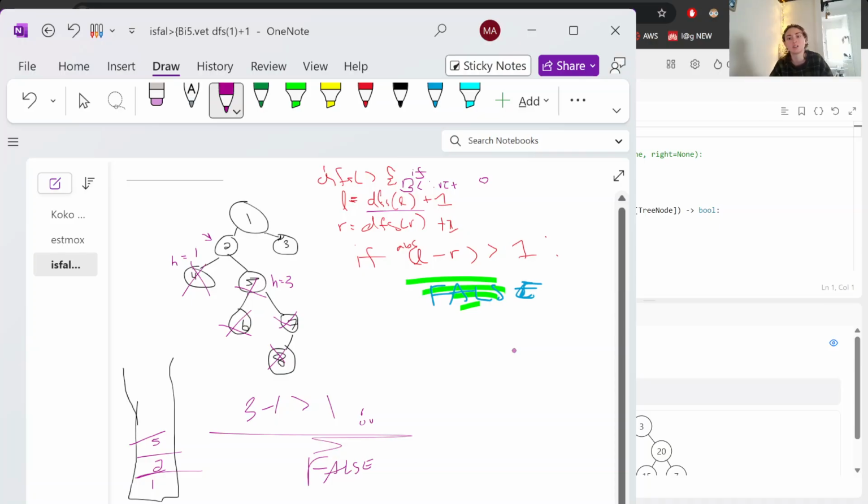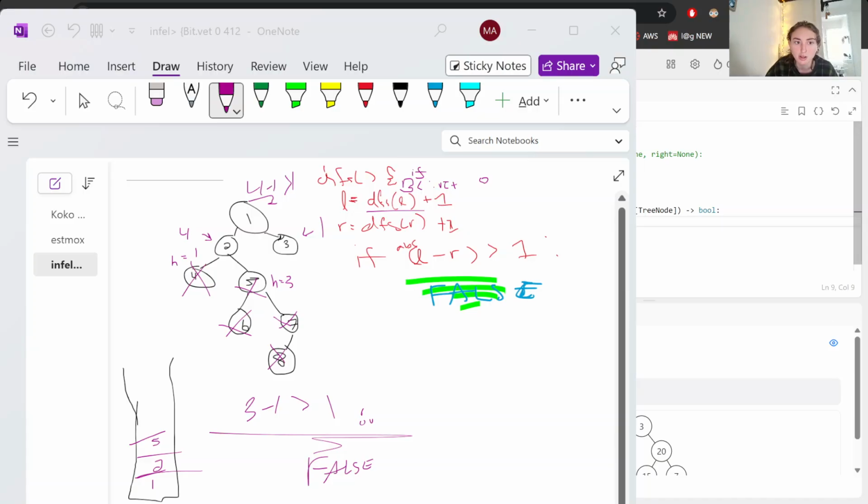I'll have to fact check that. But anyway, okay, so we have a height 4, and then here we check height 1, and 4 minus 1 is clearly greater than 1, so false. So I think what I'm going to do is similar to the previous problem I did, the diameter of a binary tree,